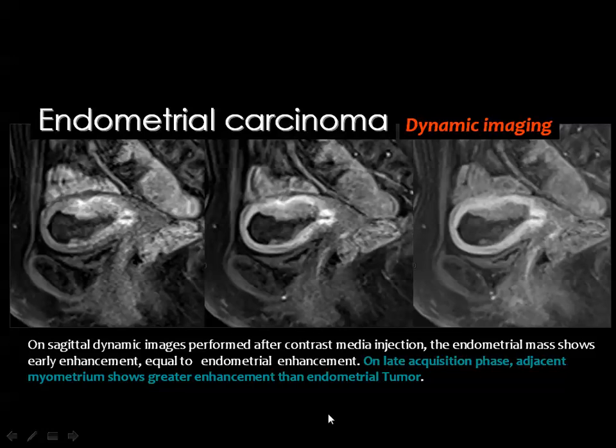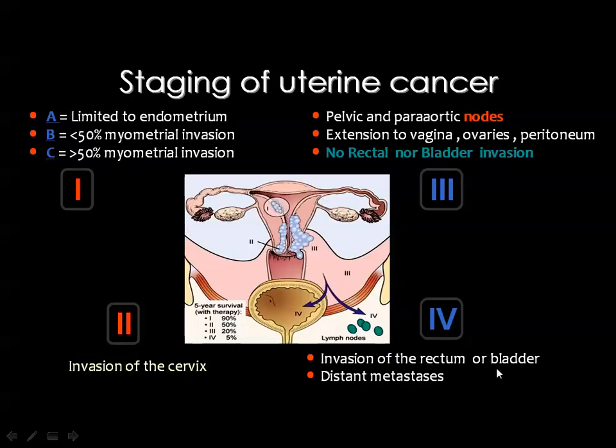One of the good policies now is to perform a dynamic study of the uterus by MRI after injecting contrast material. Then in the delayed phase, you get good delineation of the tumor against the enhancing myometrium. Then you can appreciate very easily how the tumor is infiltrating the thickness of the myometrium. And this is the staging